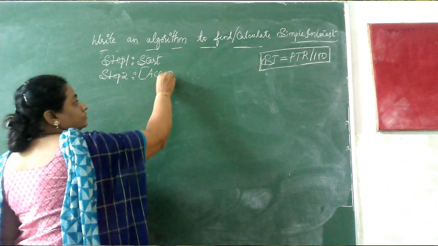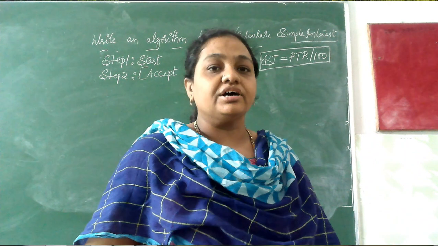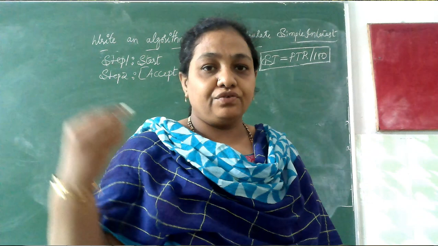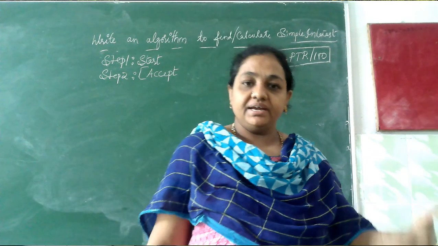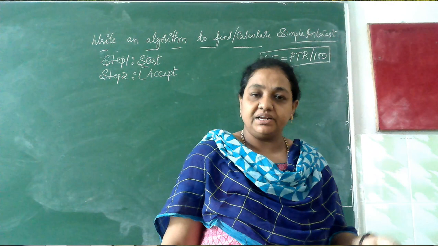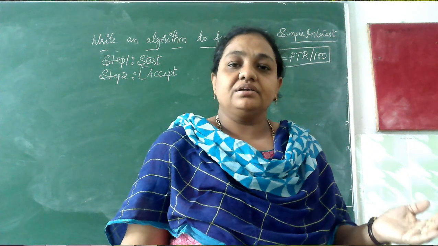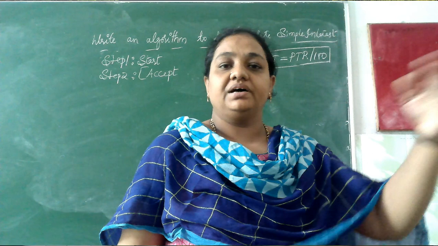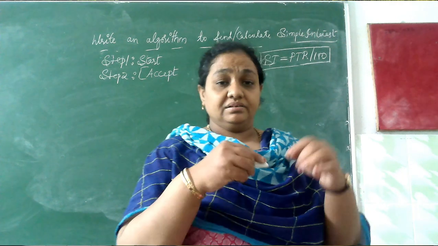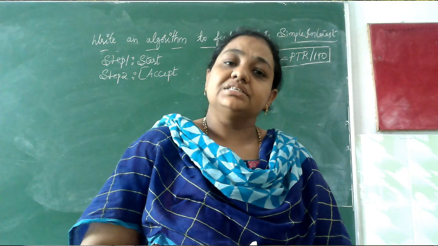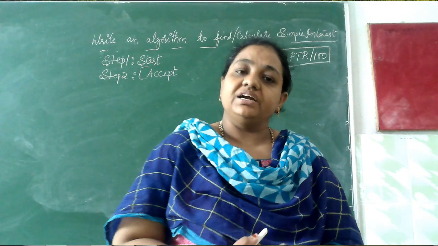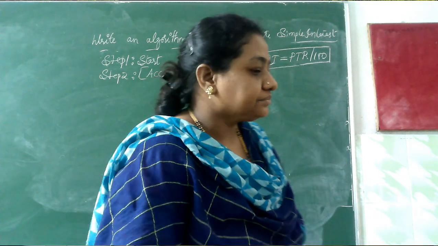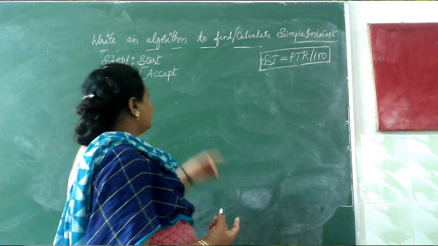But still, some of my students have a little confusion as to what has to be inputted and what has to be calculated. You just concentrate on the simple technique that I am telling. See, this is how you calculate simple interest: SI is equal to PTR by 100. You just check the equals.